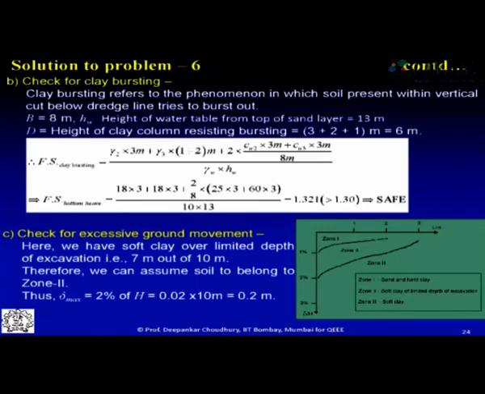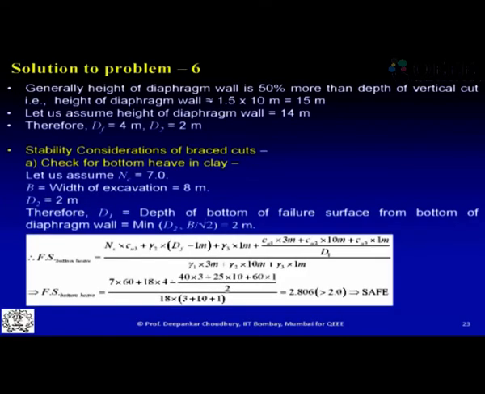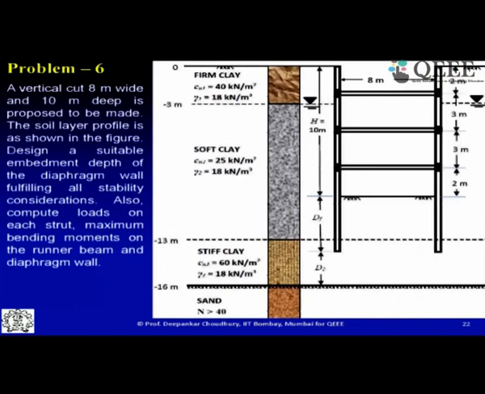Next check is for clay bursting. In this case, what type of possible failure can occur? If the water table is here, we have seen where the water table is, and all are clay layers. So another possibility of failure from the bottom is clay bursting, because you have a sandy layer over here. But if these were sandy layers, then in that case piping failure should have been checked. Now in this case,